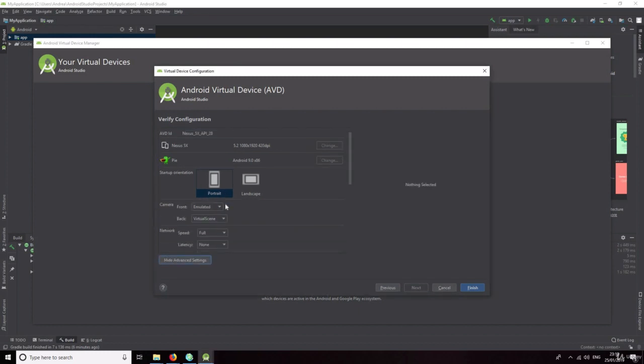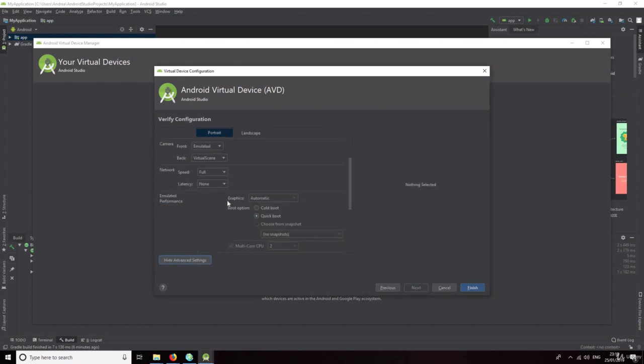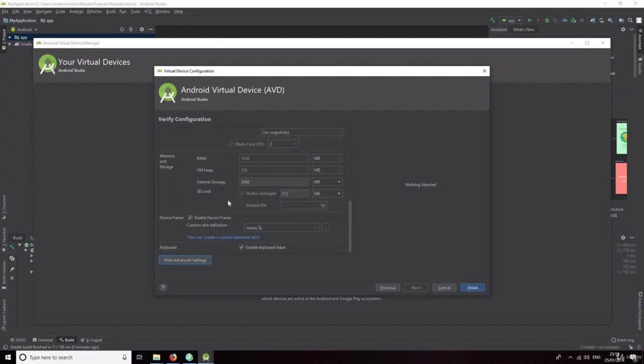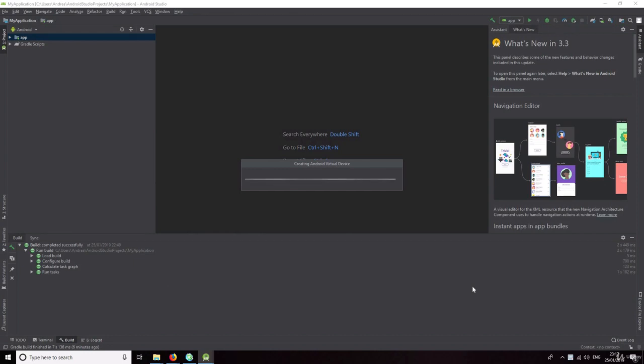And if we scroll down, we can see the various settings that we can configure in our Android emulator. So what we want to make sure is that we have enough RAM and internal storage so that we will be able to run our Flutter apps. And just so you know, if you ever get an error saying that the Android emulator has insufficient storage, then you can increase the value that you see here and try again. In any case, these values look good, so we can press on Finish to complete the creation of our Android